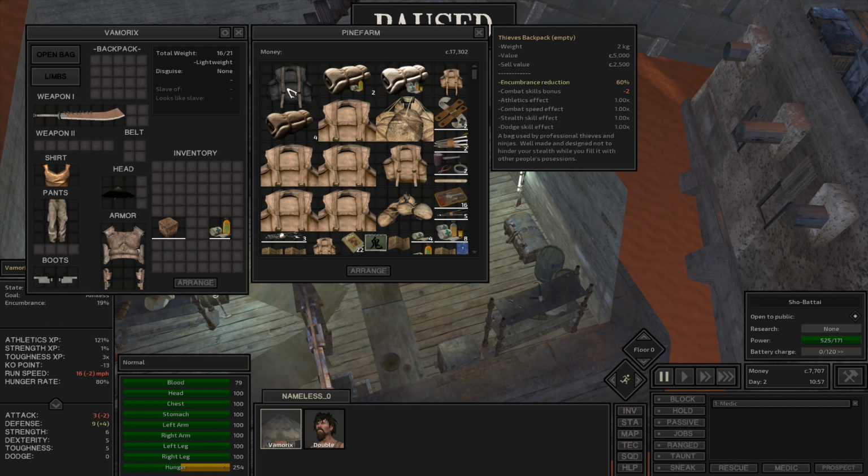I'm tempted to actually buy one of these. I don't think I'm going to though. I think we're going to wait because these backpacks are really good. If you look at the medium backpack, it has a 50% encumbrance reduction. So this one has a 60, so it's a little bit better. They have the same number of slots, I'm pretty sure, both these medium types. But look at the minuses, right? There's a combat skills bonus, which is basically your attack and your defense. I don't know if it affects